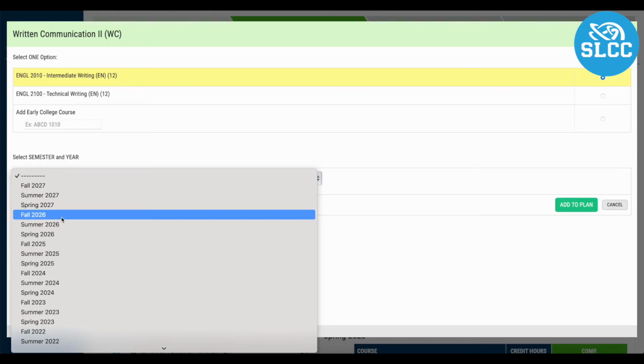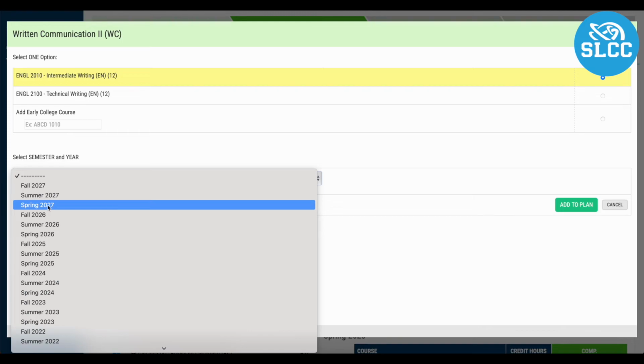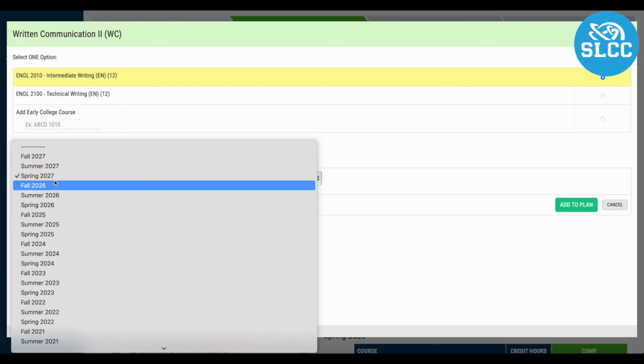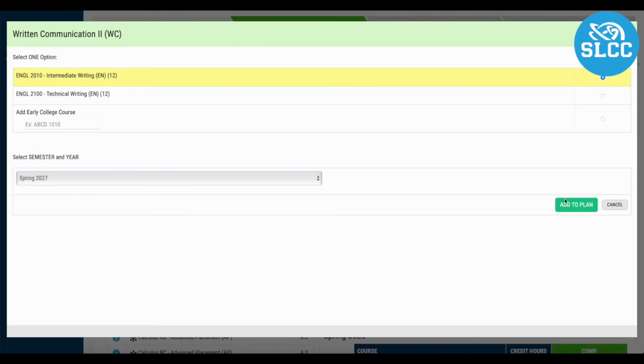Also, in case you were wondering, fall is usually August through the 1st of January, and spring runs from the 1st of January until May. Let's go ahead and add this to spring semester of our senior year, which is spring 2027, because we'll need to take English 1010 before English 2010, and we need to do that fall semester, which comes before spring. Then we'll go ahead and click Add to Plan,